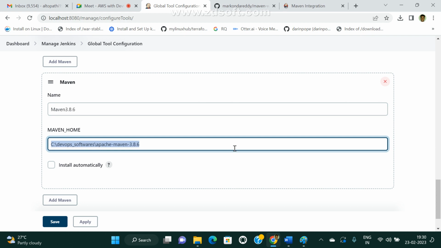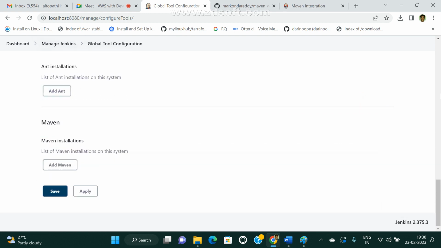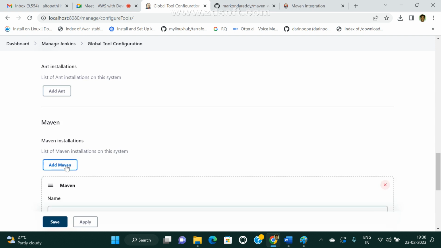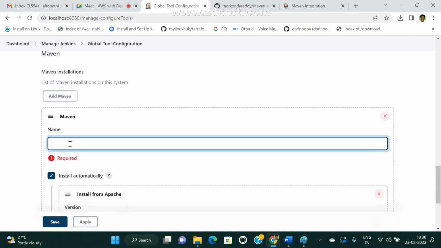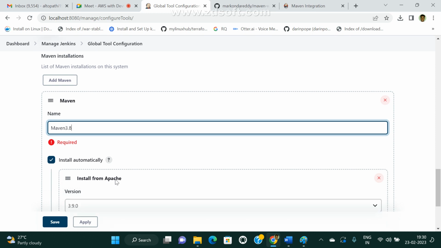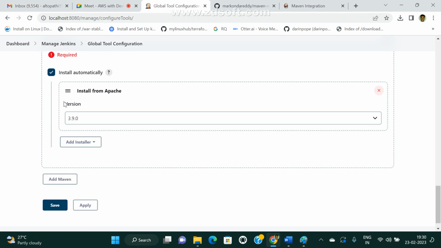No, sir, I don't have any path in my local. I didn't download it. So if you want to set it up automatically, there is one more option. Add, and give the name Maven 3.8. And if you don't have it locally, directly we can select